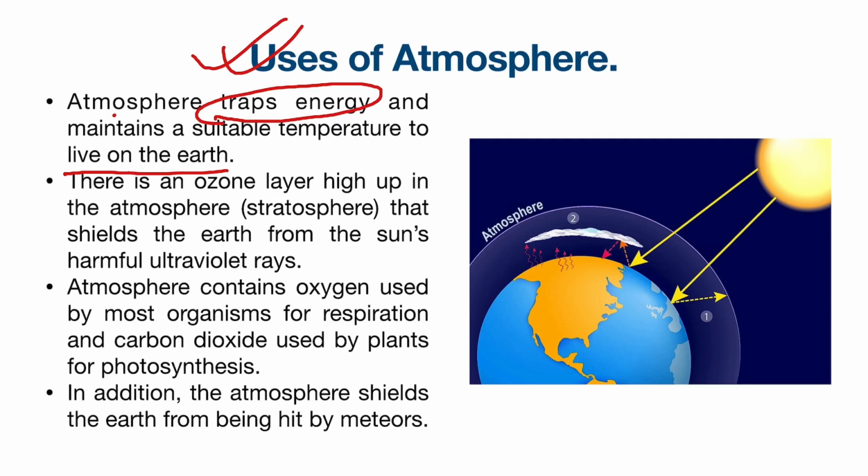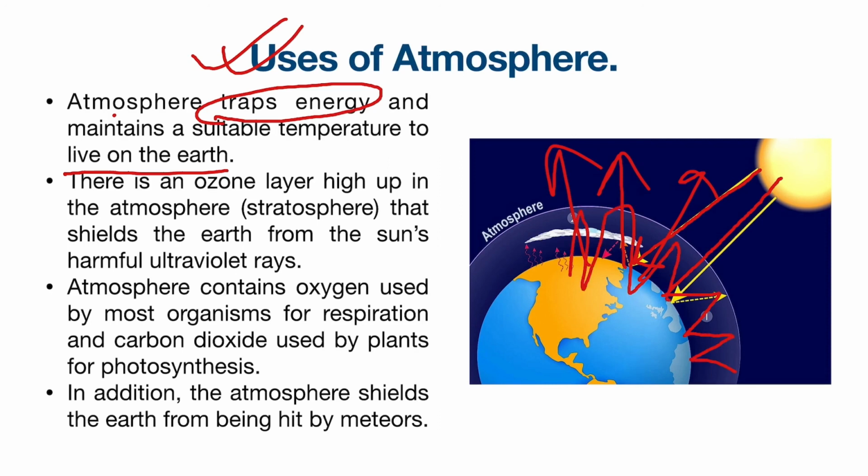If you look at this diagram, heat will come from the sun, right? And if there is no atmosphere, this heat can escape easily. But because the atmosphere is present, all the heat that you get from the sun will keep on bouncing inside,